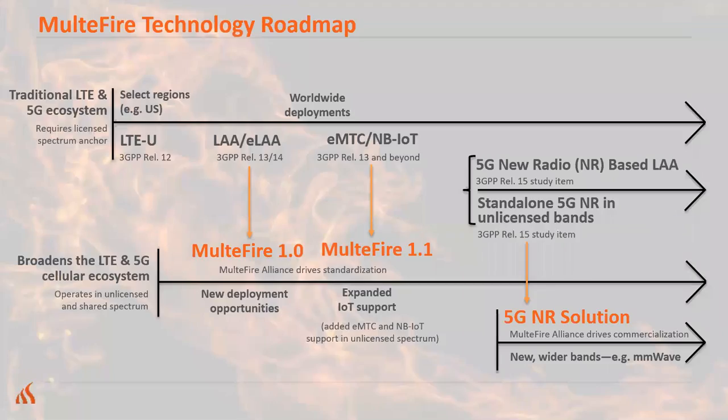Next slide. Now, I want to highlight the roadmap slide here, what we've been doing within the Alliance for the past 3 years. So as I mentioned already, MulteFire Release 1.0 is already available in 2017. And that basically leverages 3GPP Release 13 and 14 when it comes to LAA and eLAA, however, targeting the markets without the necessity of a licensed anchor. That's really Release 1.0. What we're busy working on as we speak right now is Release 1.1 of the MulteFire Alliance, which is specifically targeted to IoT applications.